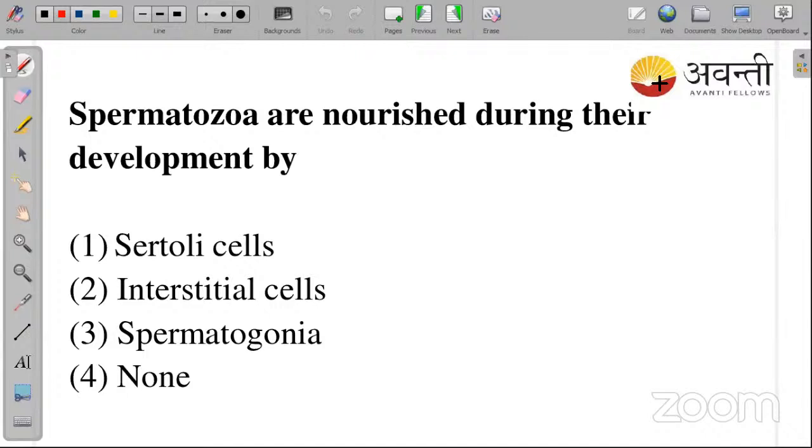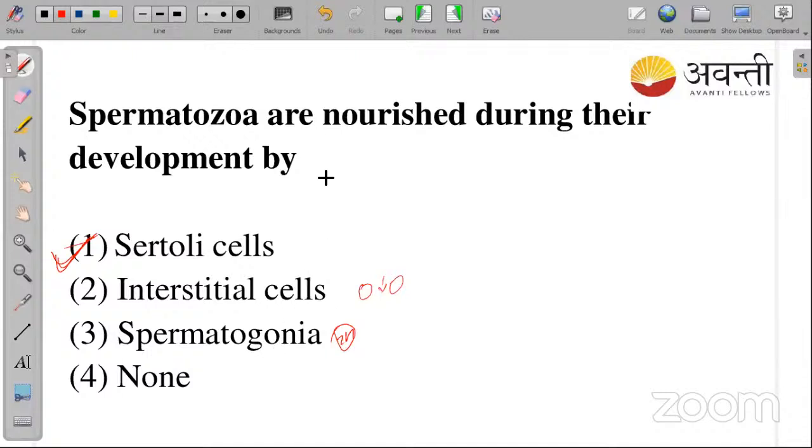Okay, I'm ending the poll now, guys. This is your answer. Maximum people chose option A. Obviously, option A is the correct option. This is a very simple question actually. So, what is meant by interstitial cell? Actually, interstitial cell is the cell between the two cells, that is known as interstitial. Spermatogonia is the 2n cell, the ancestral cell for the development of the sperm cell.